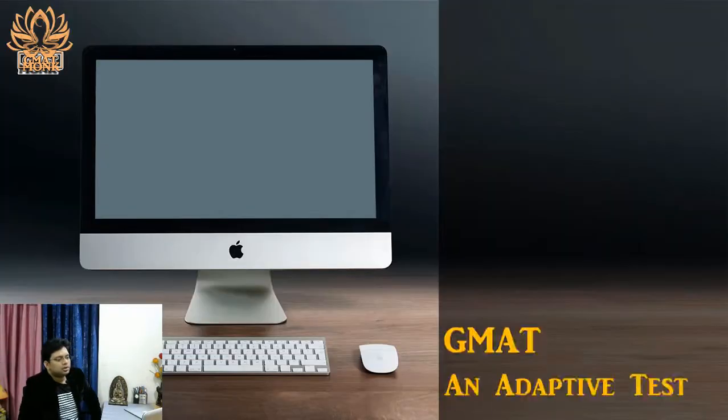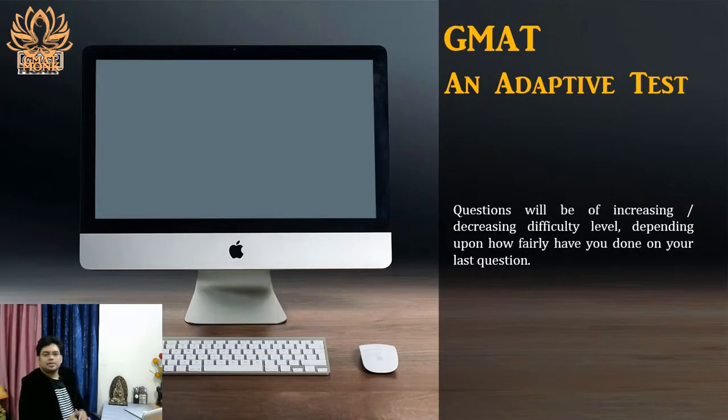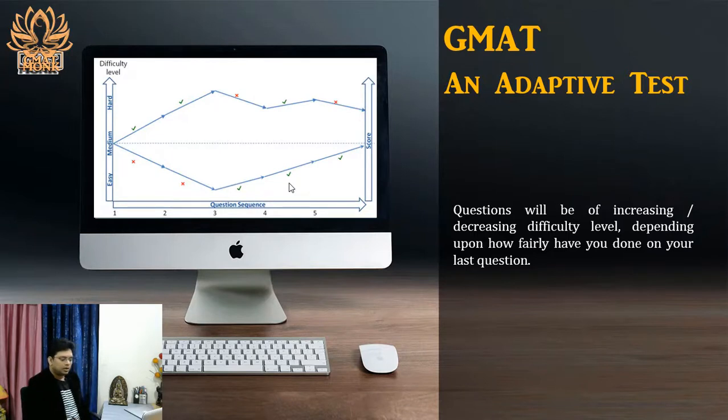So let's move ahead. GMAT is an adaptive test. It's basically a computer adaptive test, CAT. The questions will be of increasing or decreasing difficulty level, depending upon how well you have done on your last question. So we will see it by example. Here is an example: your first question would be, let's say, of medium difficulty level